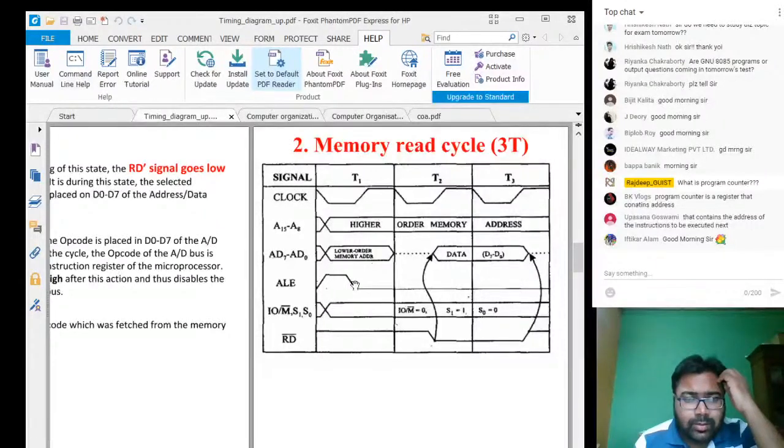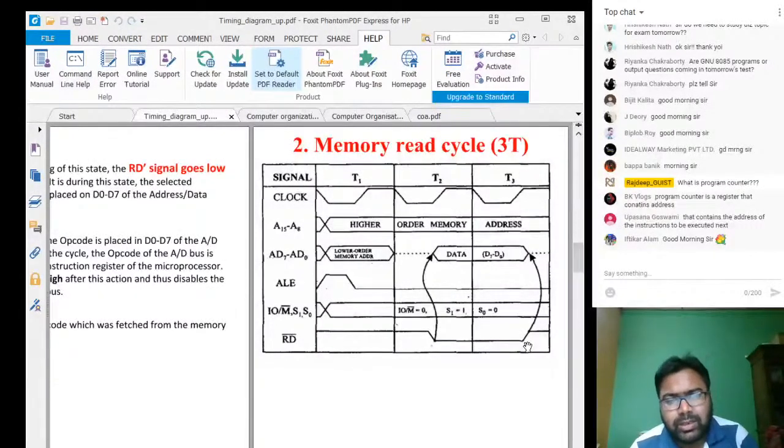Okay, so first you have transferred the memory address from which you want to read. Now next, what? RD is initially high, because it is a complemented signal, so it is initially set to high. In the middle of this T2 state, this is set to 0. Whenever it is set to 0, it will read the content, or place the content, from memory to the bus. So here you have placed the contents.